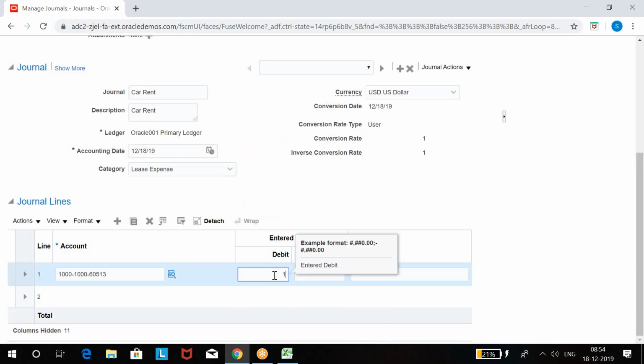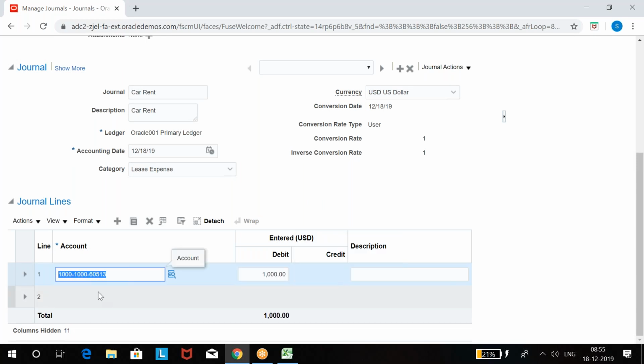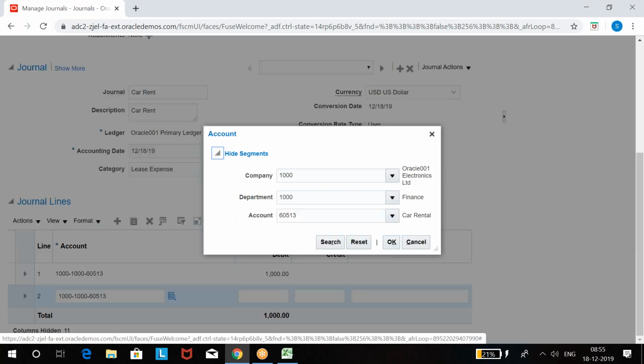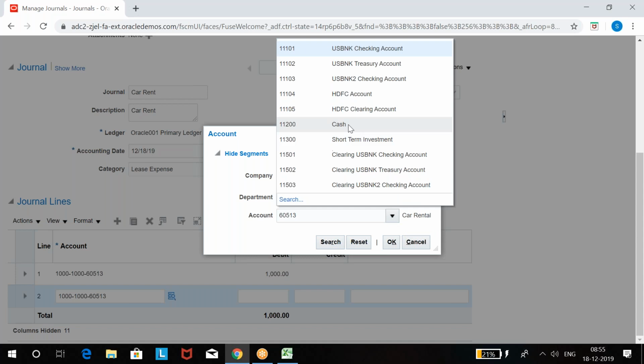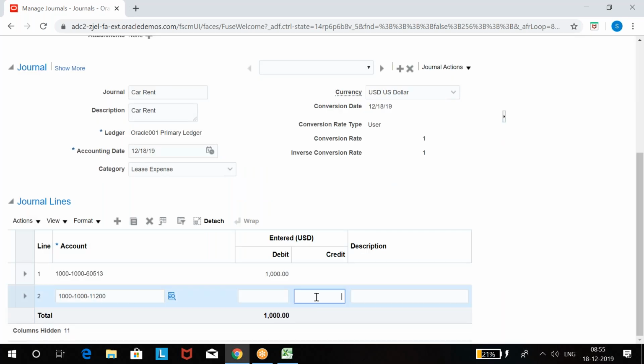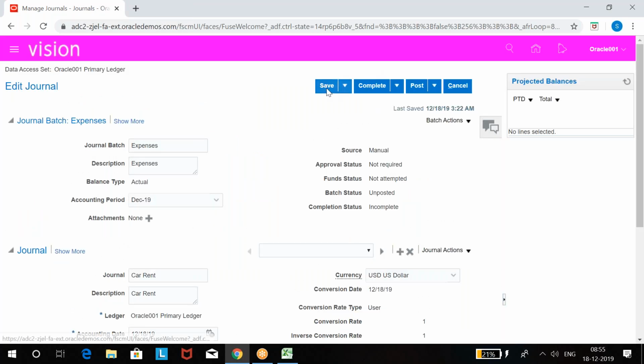And the amount is, let's say $1,000. You can copy this account and paste here and change it. Cash account as credit, $1,000 we will take now. So here we have 2 journals within one batch, isn't it? 2 journals in one batch. Let's save.